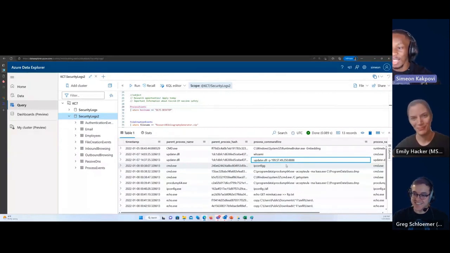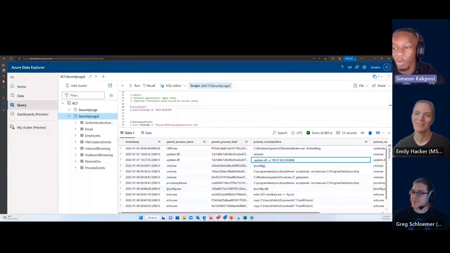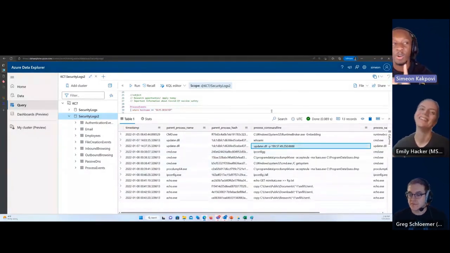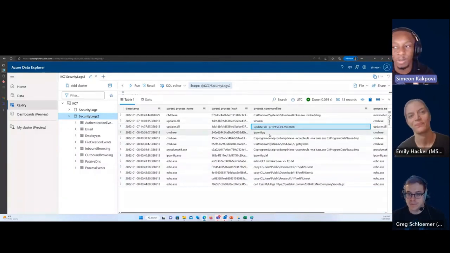This is where all the good stuff begins, right? So now they actually get back on their keyboard. They're not watching Netflix anymore, and they go to town. And all these commands are no longer being executed by the malware. They're actually being manually executed by a human user on the keyboard.